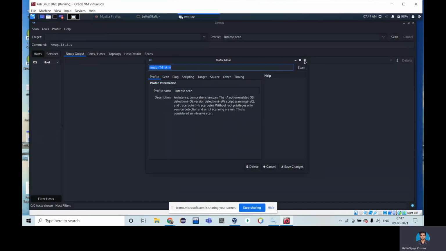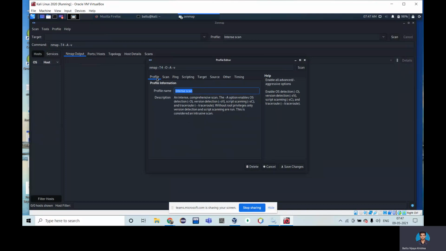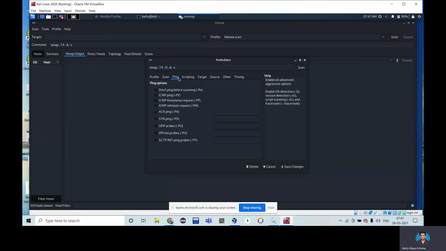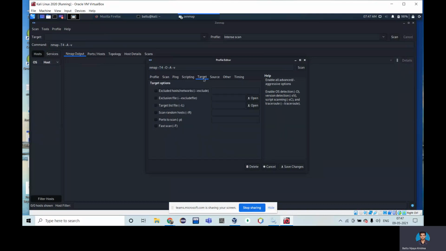In that output, it will show the options we have selected, like enabling operating system detection, those kinds of things. So before performing any kind of scanning, you can enable whatever options you want to show or see in the particular scan.